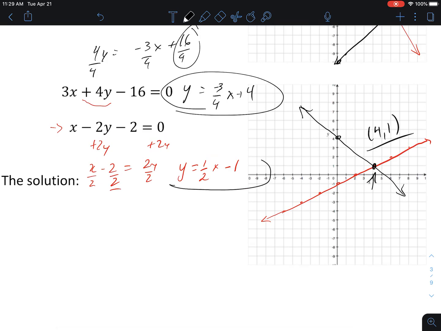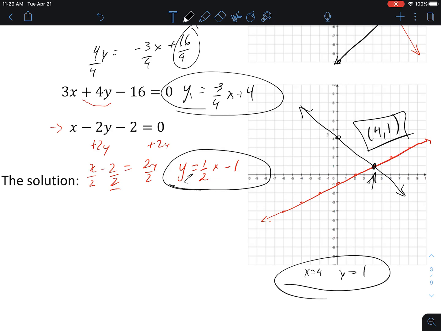So try that with this guy, with the equations, -3/4x plus 4 and 1/2 x minus 1. So y1, y2, or vice versa, and see if you get this solution. At the bottom of your screen, it'll say x equals